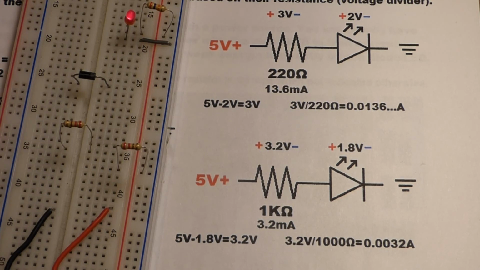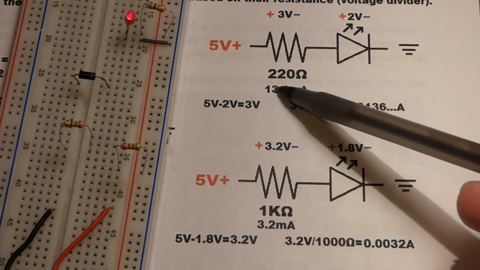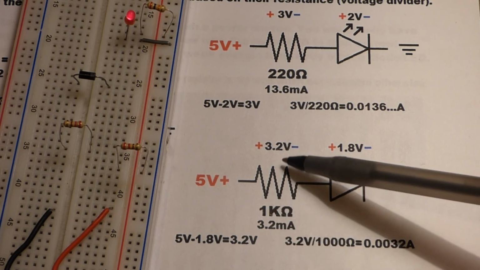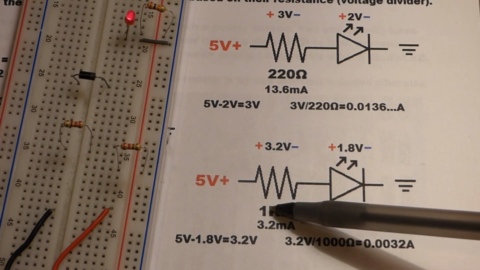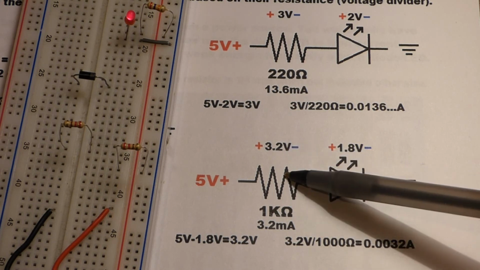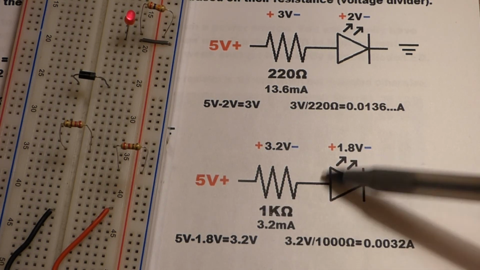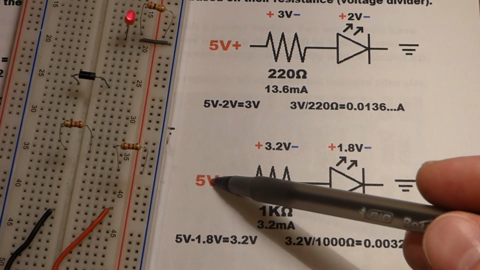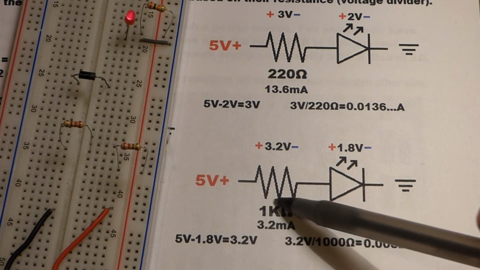or diagram fragment I should say, from another diagram I made where I did the comparison here with the 220 ohm I just showed you versus a 1 kilo ohm. And you can see with the 1 kilo ohm we actually got similar results to the 27 kilo ohm resistor. With the 1 kilo ohm, I had about 3.2 volts across the resistor. As you can see, that's pretty much what I had even with the 27 kilo ohm resistor. That's because the diode dropped about the same voltage, in the range of about 1.8 from the 5 volts. So we consistently get in the range of a little more than 3 volts across the protective resistor, no matter